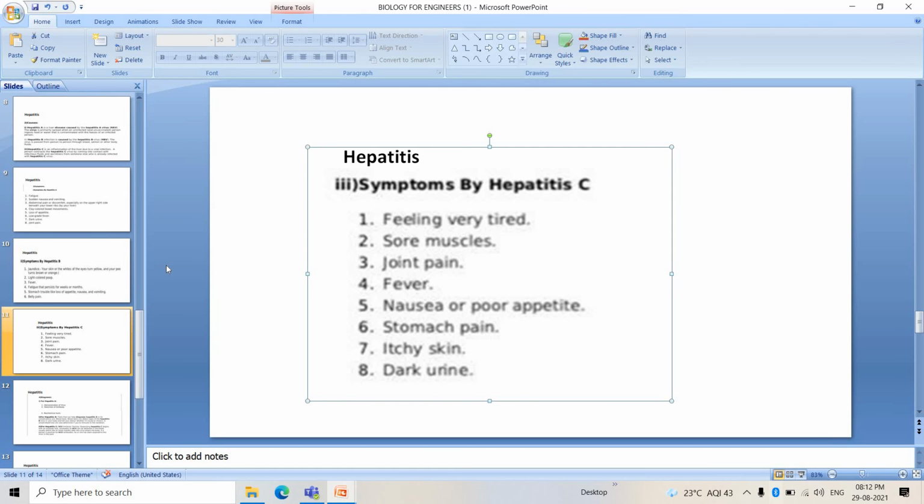So that's all for today's session related to Unit 4. We have finished Unit 4, Human Diseases, and in our next class we'll start with Unit 5, Biology and its Industrial Application. This is the last unit which is remaining, and we'll finish off the last unit, Unit 5. So thank you, students.